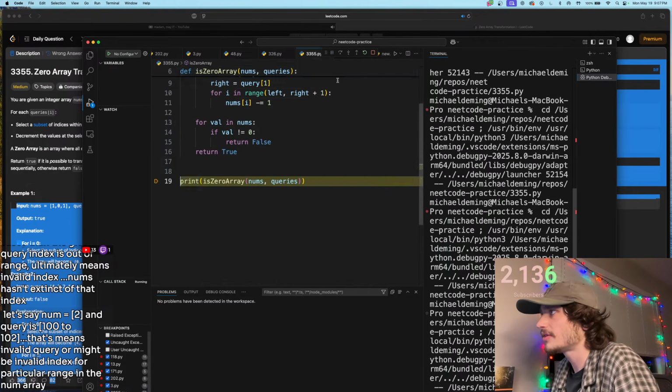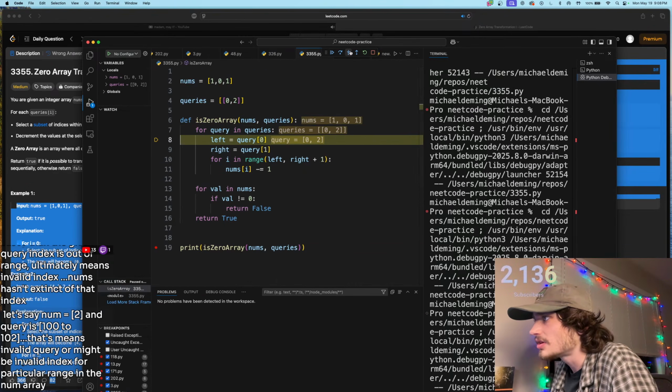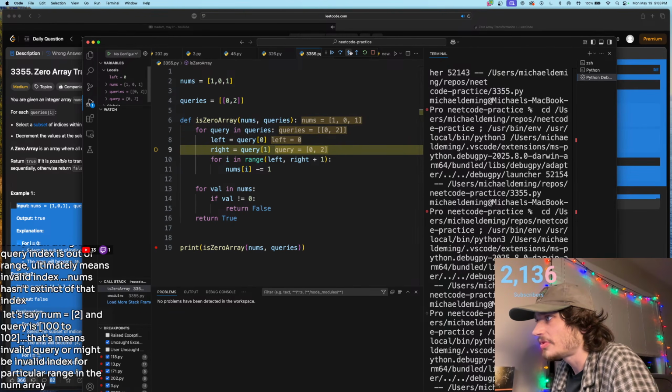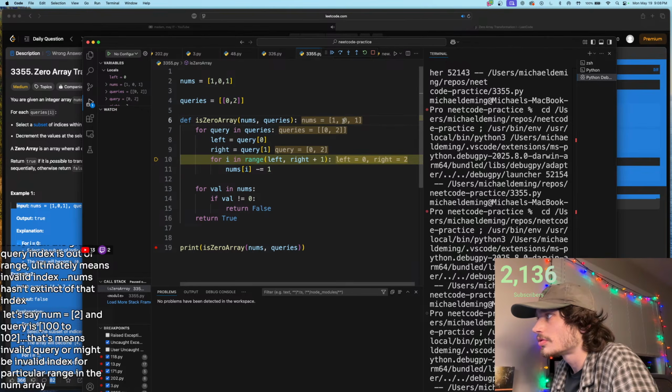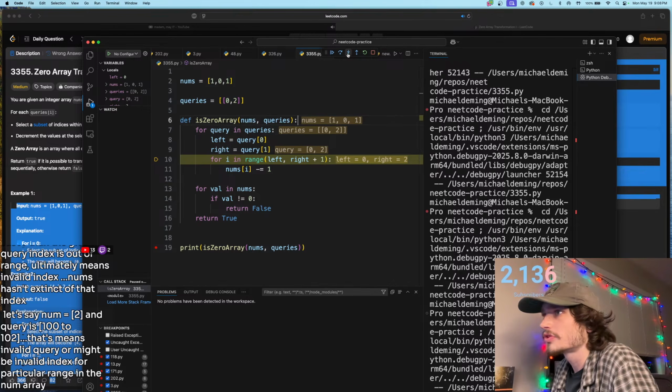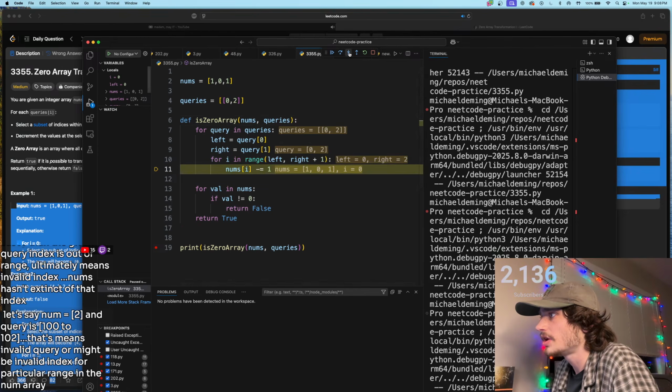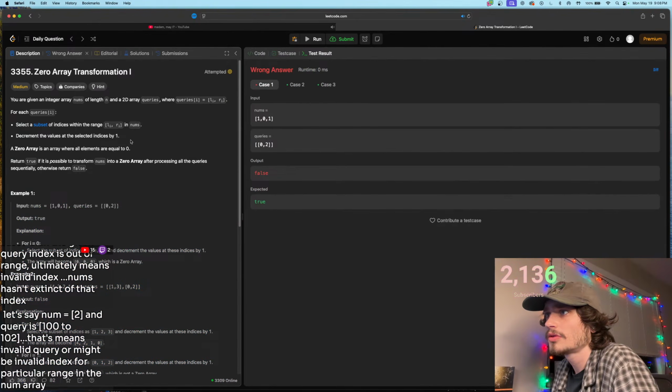Hold on. So why is it... Okay. Queries is 0 and 2. Query is 0 and 2. Left becomes 0. Right becomes 2. So this is 0, 1, 0. So why is it not reducing the 0 by negative 1? Do you not reduce a 0 into a negative? So in this case, if you reduce the indices 0, 1, and 2,